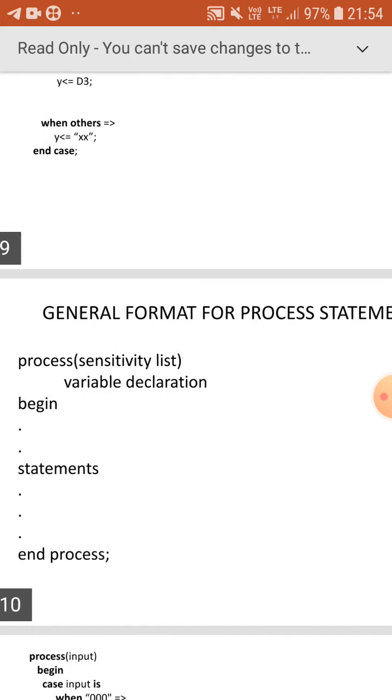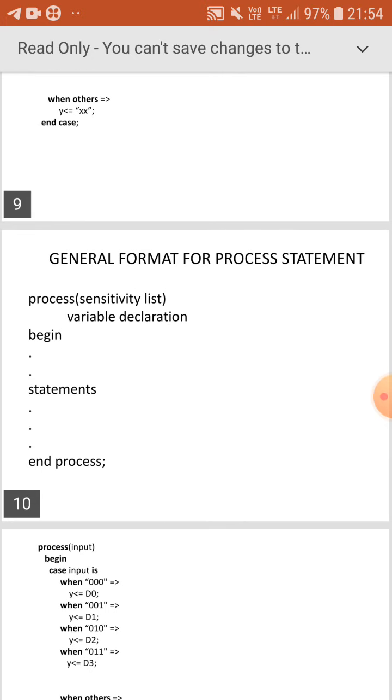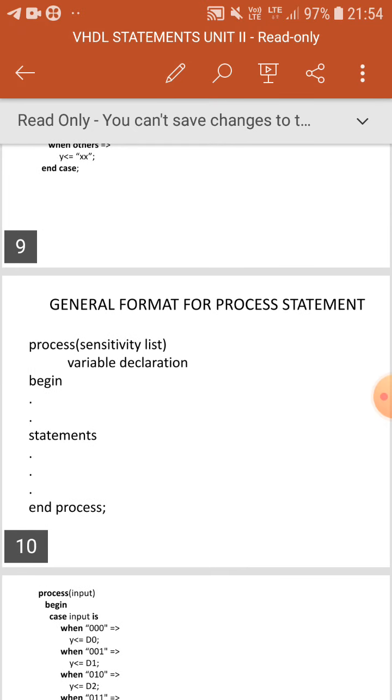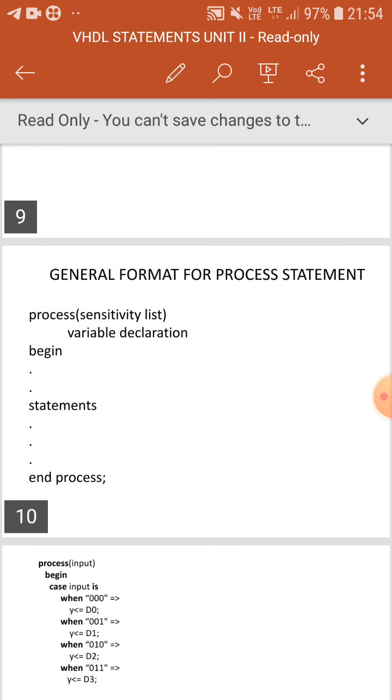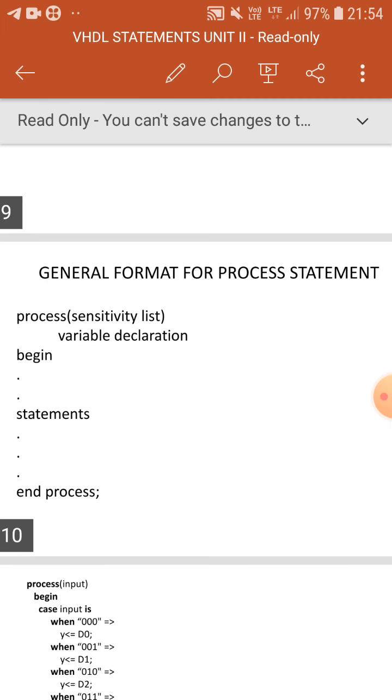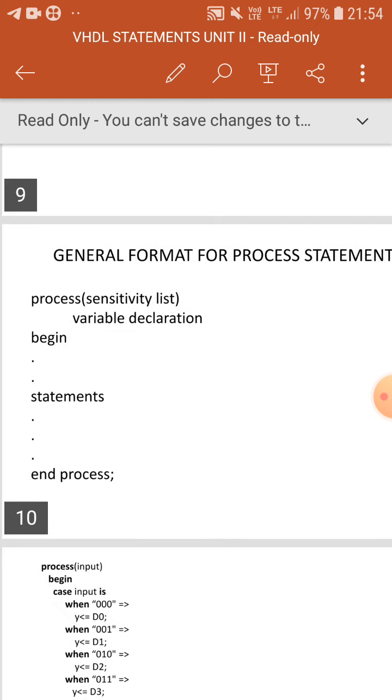Next we will see the syntax or general format for process statement. So this is the syntax for process statement. Process, then sensitivity list. The next line you can declare variables. Next you have to use begin.